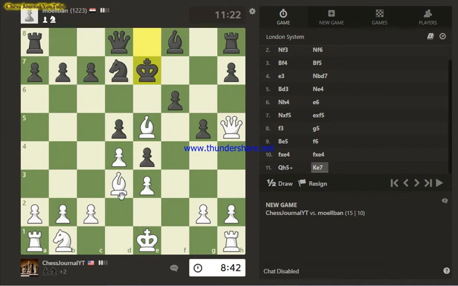Now this bishop is under fire, and this bishop is under fire. Which one are we gonna save? That's the question. Actually, you know what? This is an intermediate-level calculation that I'm gonna play right now, which is you don't necessarily have to react to your opponent's threat. Here, both of these are under fire. We have to save one of these,